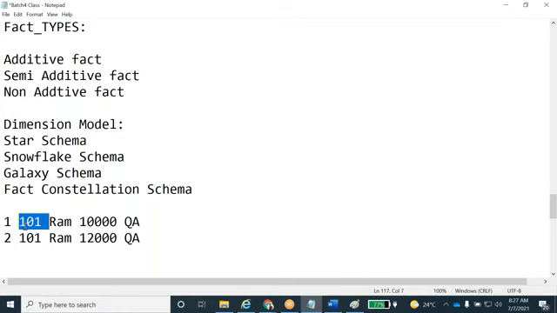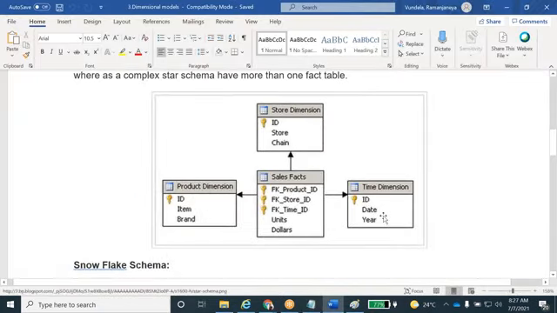So that is the reason the table size will increase day to day. Automatically, the query performance will decrease in the star schema. That is a disadvantage of the star schema. Advantage means it is easy to understand the project functionality and easy to analyze the data here. Okay, any doubts, guys?